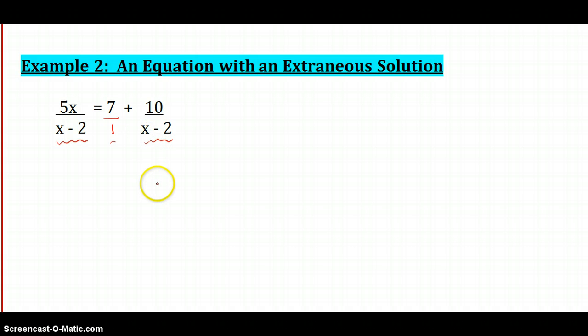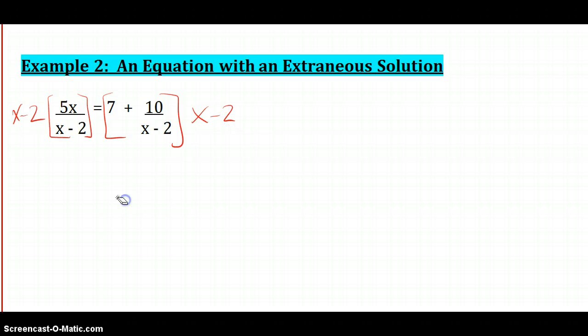So the least common denominator is, these two have a common denominator, which is x minus 2. And if you use our rule where you write down everything in common, x minus 2, and the leftover, which is a 1, so you really don't write that down, our common denominator is x minus 2. So you're going to take everything times x minus 2 on this side